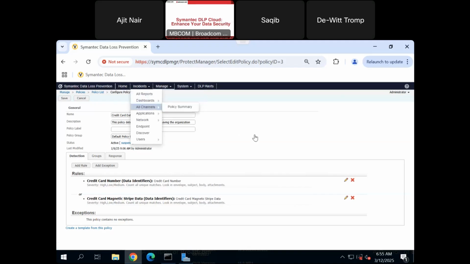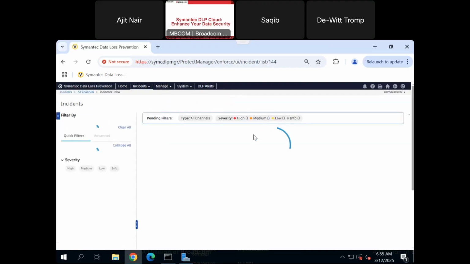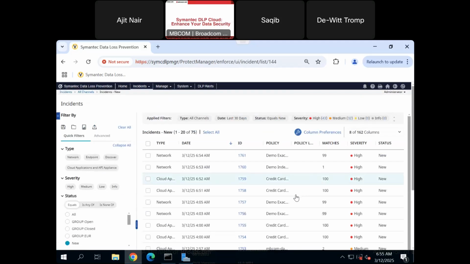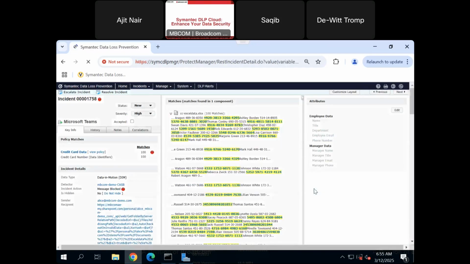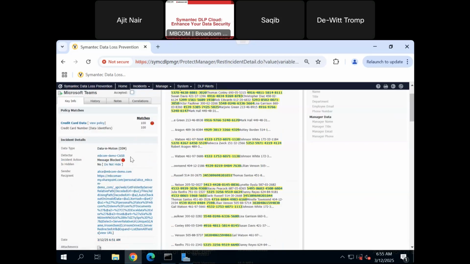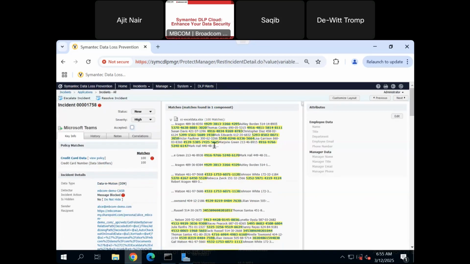So let's go ahead and check on some of the incidents that we just tried. If you see, these are some of the incidents. This is a cloud-based incident. Let's open that and see what really happened. We tried moving credit card data on Teams, and this red symbol means it was successfully blocked. It has been blocked by our CASB CDS, right? And you get exactly all the matches, hits, everything is seen